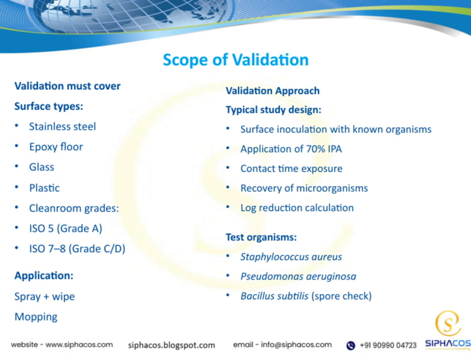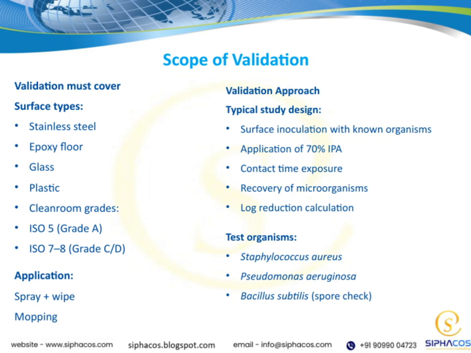Now, the scope of validation is quite comprehensive. It must cover different surface types like stainless steel, epoxy floors, glass, and plastic, because these are common in many environments. It also needs to account for various cleanroom grades, from ISO 5, which is grade A, to ISO 7 and 8, which are grade C or D. In terms of application methods, we consider both spray plus wipe techniques and mopping. This ensures that our validation reflects real-world cleaning practices in different settings. Overall, this approach ensures that our disinfectant performs reliably across various surfaces and cleanroom conditions, matching the overall goal of